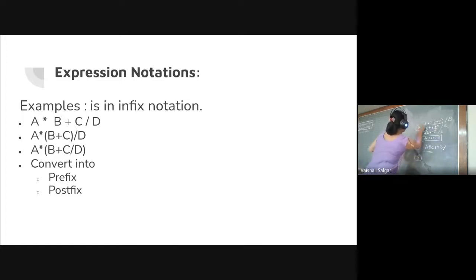This is my second, for which prefix and postfix we have written. Now what is the next? It will be A into B plus C divided by D. This is the equation given. Now I want to do the prefix for this. So for prefix, first I have to solve this bracket. So obviously plus B, C. Then divided by D, so it will be slash, then D, and then over here asterisk A slash.